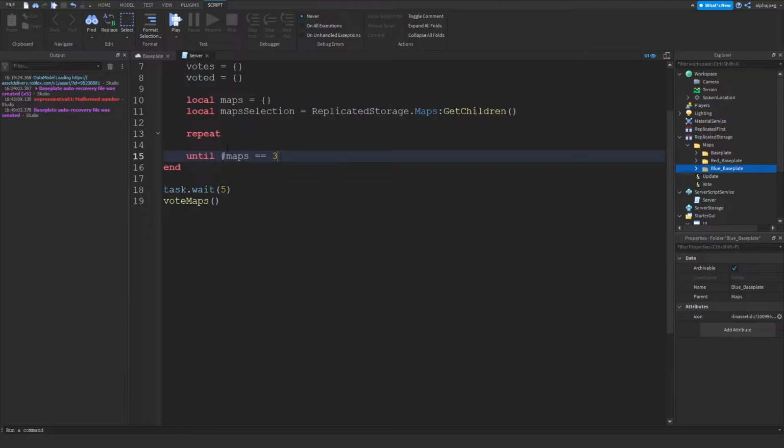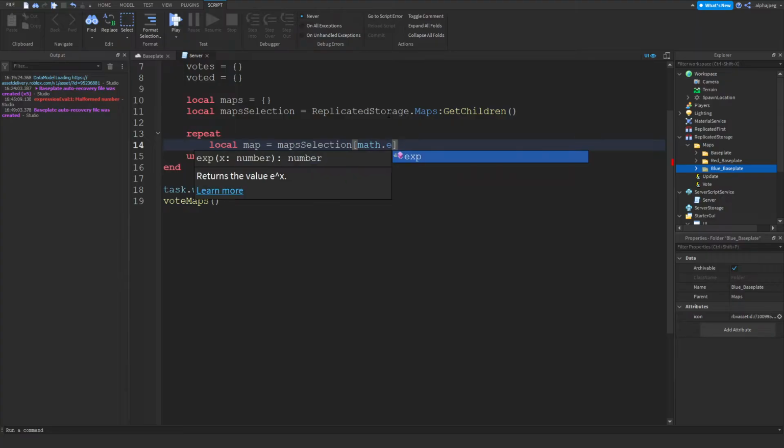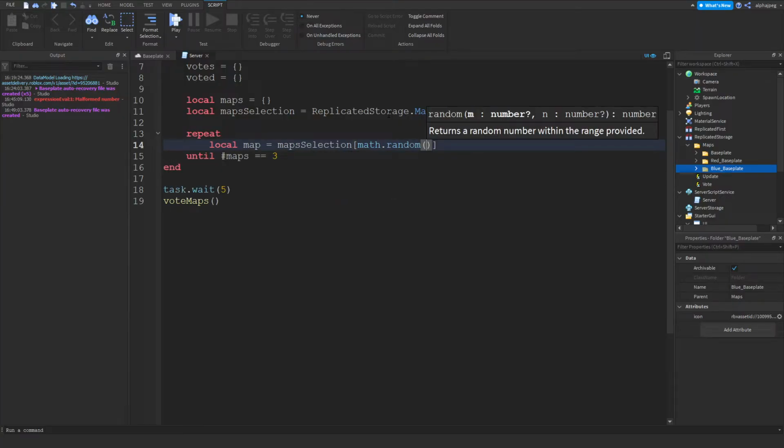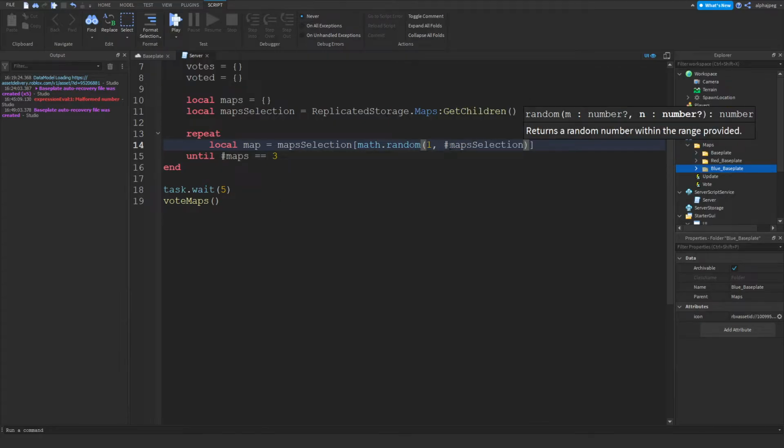And I'll explain this in a second once I write the rest of this code and what this hashtag is as well. For now I'm just going to create a variable equals maps. That's going to go to our map selection, and that's going to refer to, like I said, all these folders in here, and then we're going to pick a random one inside that. So I'm going to do math.random, and that's going to be a number between 1 and how many maps we actually have. If you put a hashtag in front of a table or an array, it will return how many